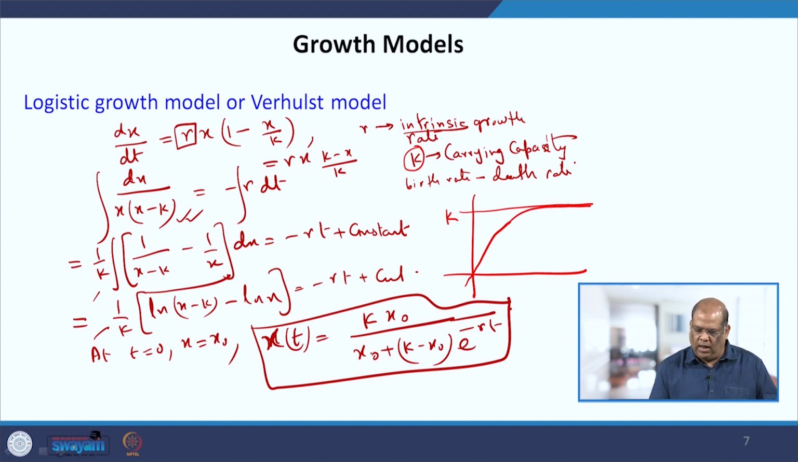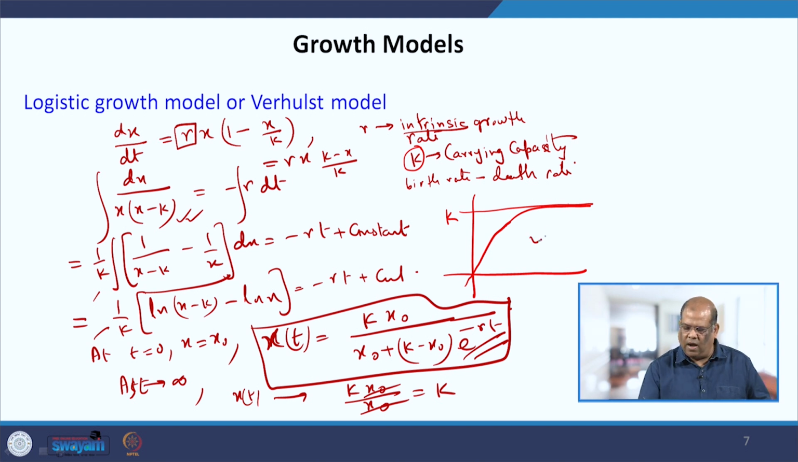So, from here you can see that as your t becomes large, this part goes to 0 and your x(t) will go to k x0 by x0, this cancels, so it will go to k. So, for large t, as this graph suggests, your value will reach the carrying capacity k. So, this is the logistic growth model. In most of the modeling where we involve this growth, we use this logistic growth, which is more realistic than